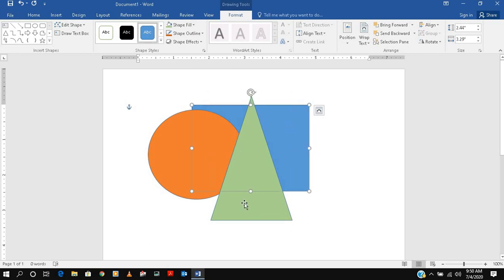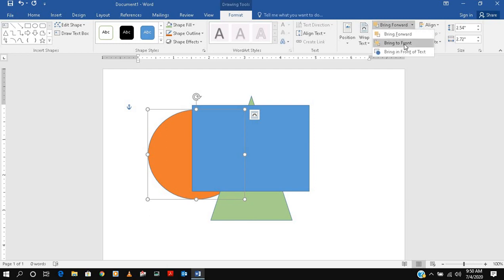So what you will do, you will go here to Send Backward and Bring Forward. So you go to Bring Forward. Once you do Bring Forward, it comes ahead one step. If you take Bring to Front, then it will come just above this. So this goes to the front, and that goes behind. So you can do a lot of things. I already showed you how you can put it here, and the rest of the things are the same.